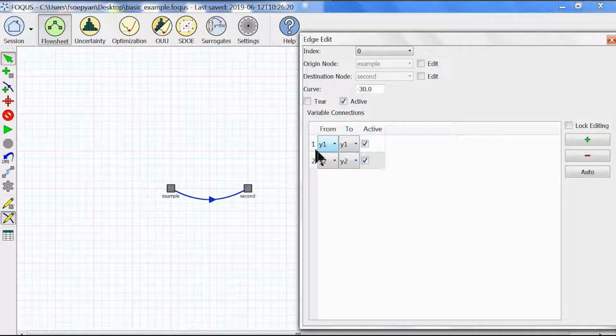And as you can see, we now have y1 and y2 from the example node equal to y1 and y2 from the second node if we click the auto button. And these checkboxes indicate that these two conditions are active, meaning they will be enforced during the run. Once again, we're going to click lock editing so that no matter what we do, we can't